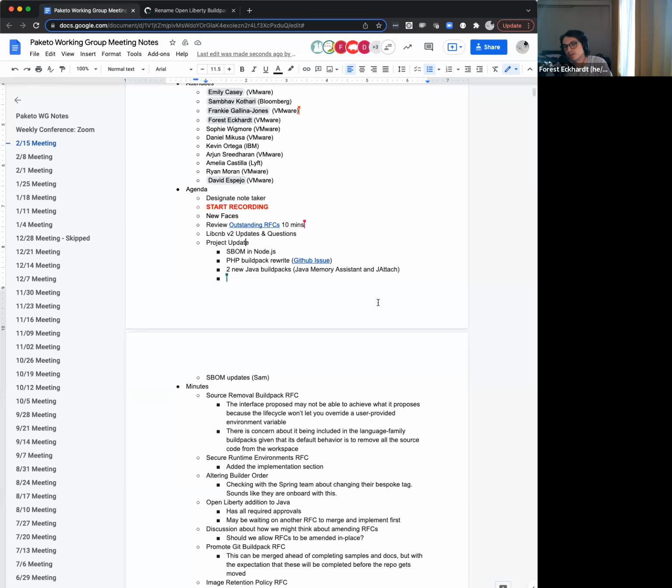Y'all would like a quick read on that. The blog post that was originally announcing these as features to come has been updated to say that they are features that exist. I will link that blog post in the notes. Yeah, thanks Forrest for pushing that one through.